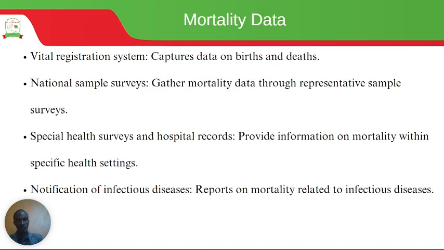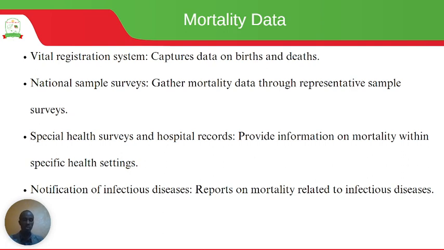Then mortality data will be got from vital registration systems on deaths and births. So for you there, you'll be focusing on deaths, and it captures data on births and deaths, like I've said. So the vital registration systems always provide essential data on mortality. National sample surveys will gather mortality data through representative sample surveys. So here you do not have to do a census, or count all